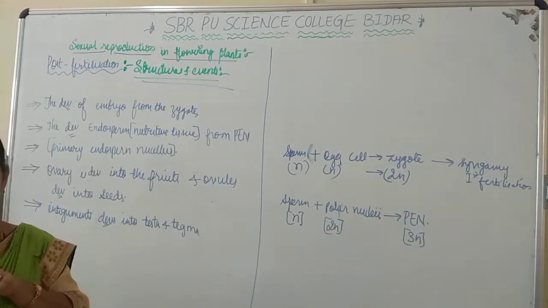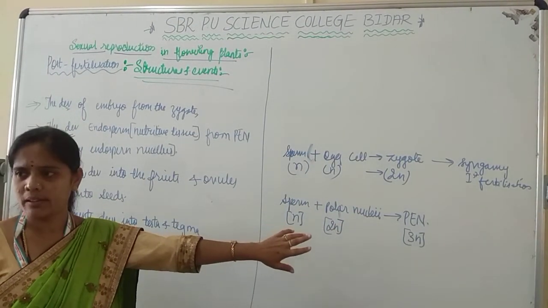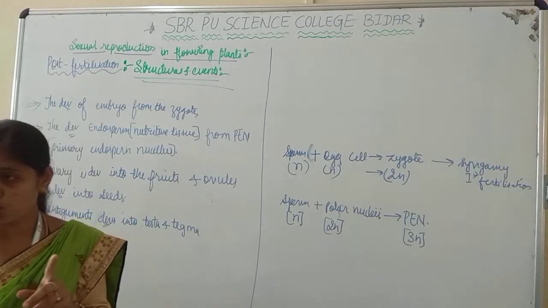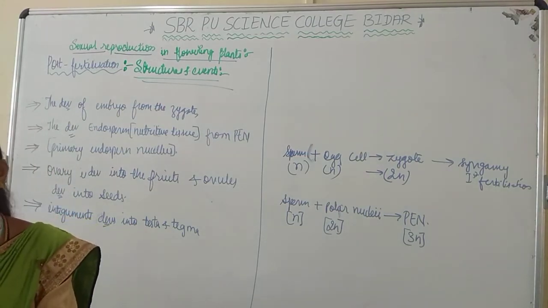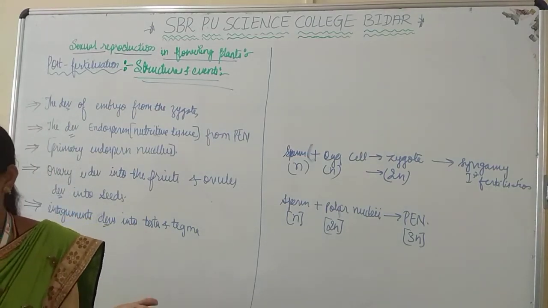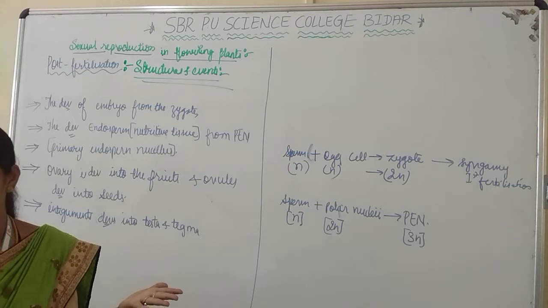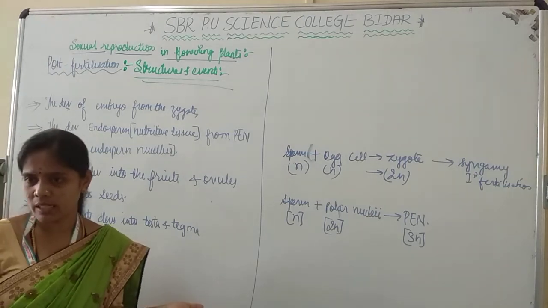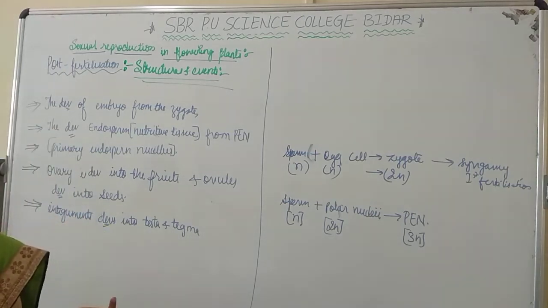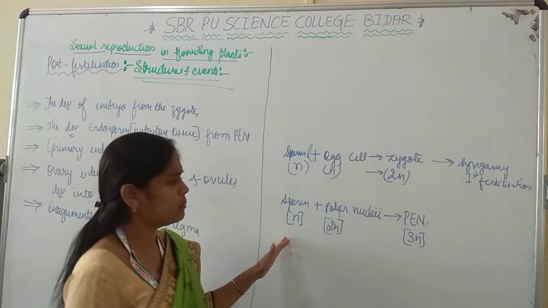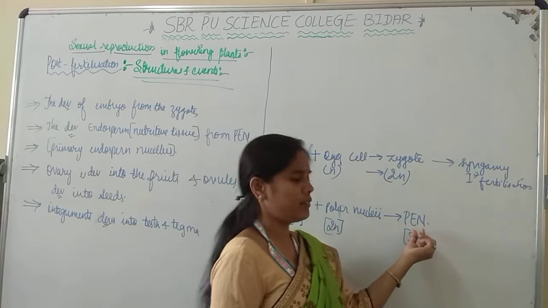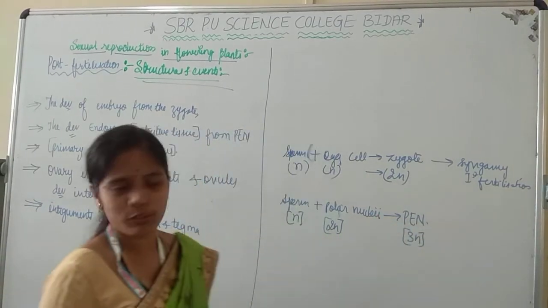In all angiosperms it is triploid, but in gymnosperms it is haploid. Why? Because there is no fertilization, it is going to be a waste there. In gymnosperms there is no sexual reproduction in the sense of flowers, since flowers are not available. At that time what happens? It is wasting. That is the reason in angiosperms the endosperm develops only after fertilization.